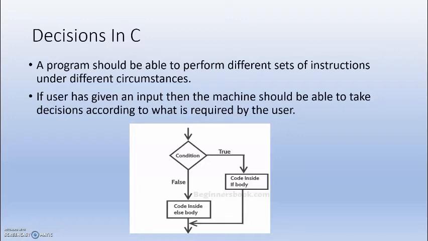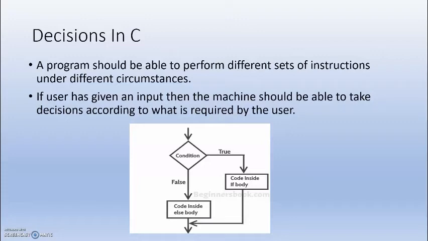So in that, I have given an input that if it is sunny, then I am not going to take an umbrella, and if it is rainy, then I am going to take an umbrella. So basically the weather is the input over here, and for the machine I have given instructions: see if it is sunny or rainy, and according to that I will decide if I am going to carry an umbrella or not.